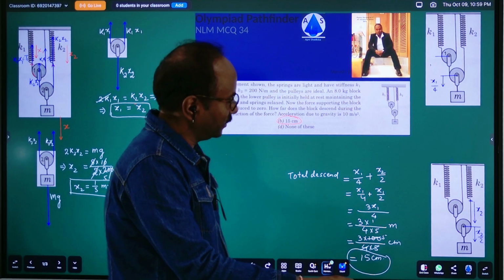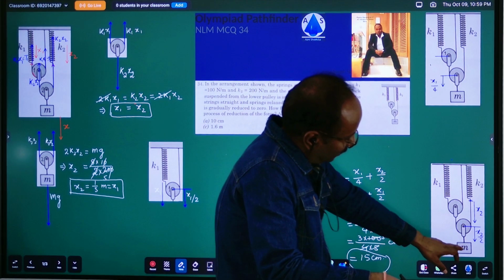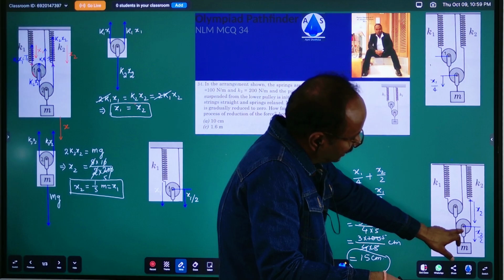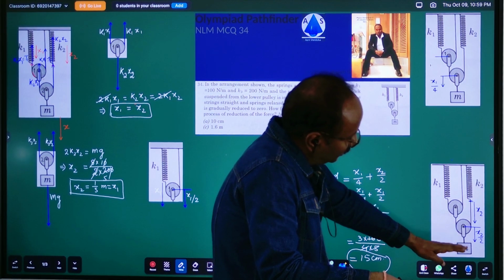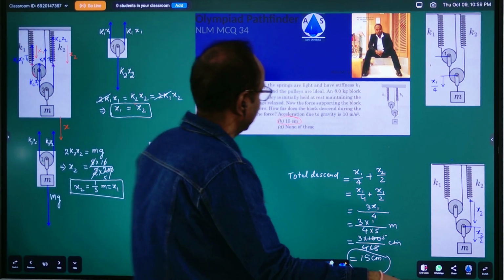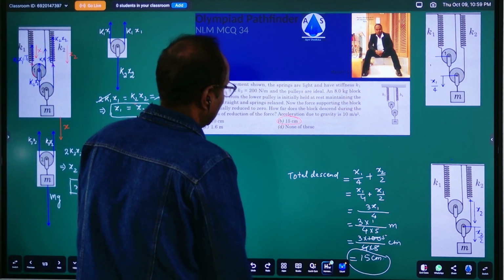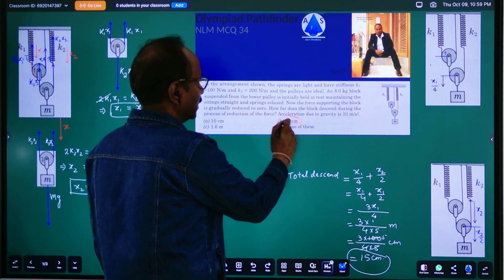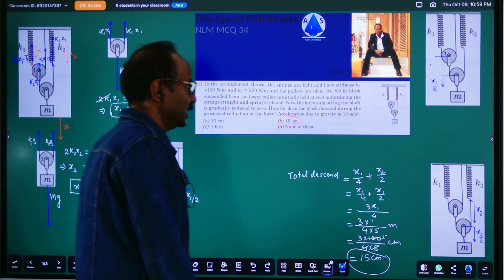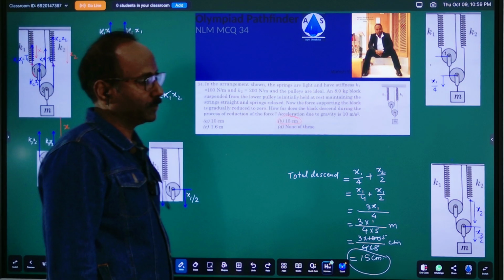15 सेंटीमीटर हो गया, और ये मास इस पुली के एक्सेल से ही कनेक्टेड है, तो ये भी आपको 15 सेंटीमीटर नीचे ड्रॉप होगा, डिसेंड होगा, और यही मुझे फाइंड आउट करना था। आपके चॉइसेस में बी का चॉइस 15 सेंटीमीटर है, तो ये आपका करेक्ट ऑप्शन होगा।